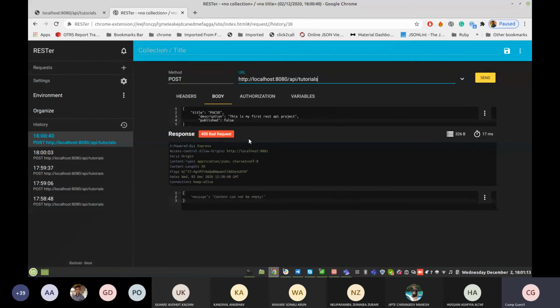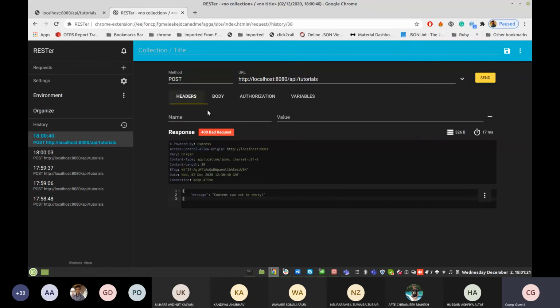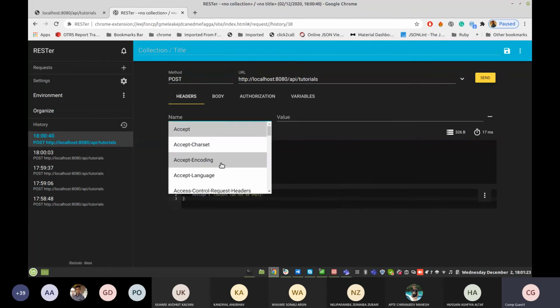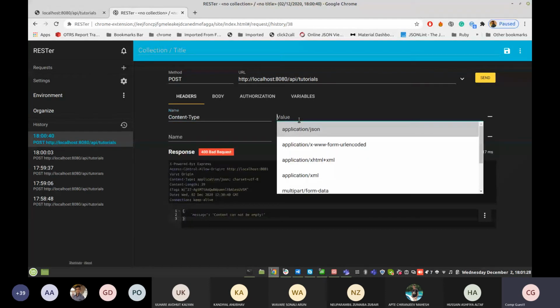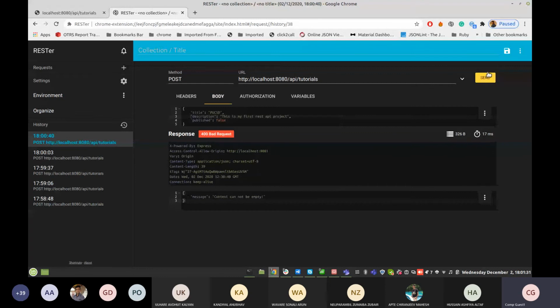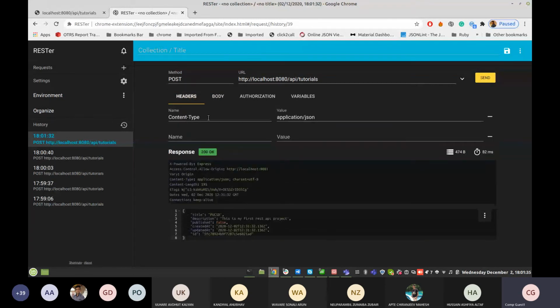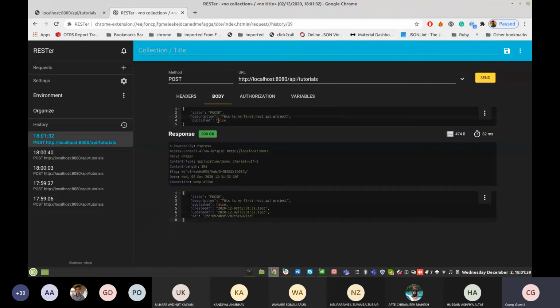Okay, I think we have missed the content type, application/json. Yes, we have missed the header, that is content type, that validates the given request is in JSON form.